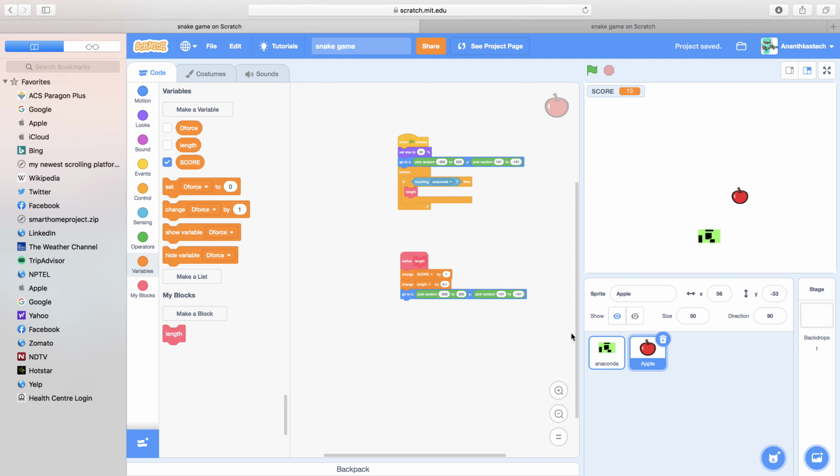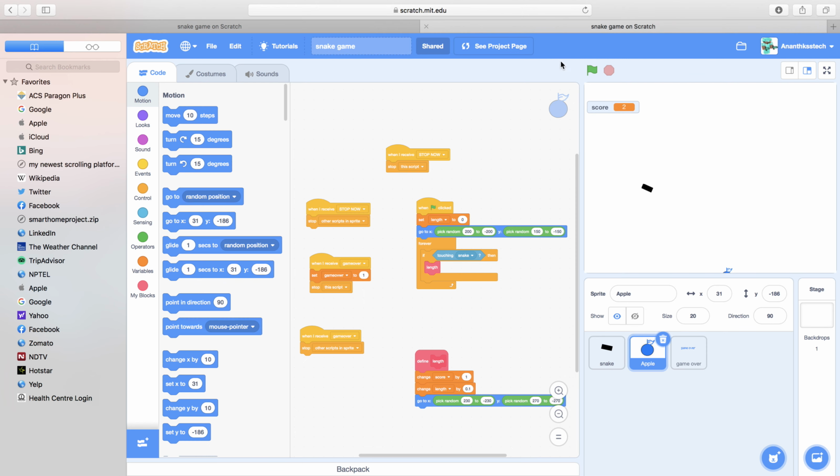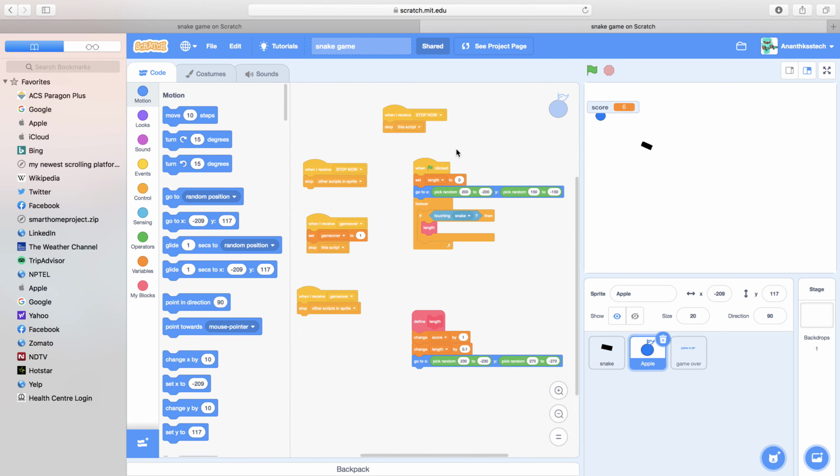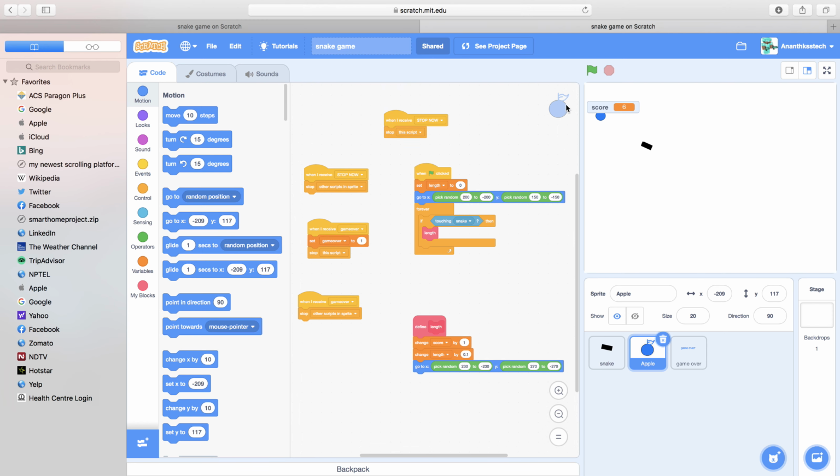So instead of putting change score by 1, you see here, this is the first snake game which I made, and in this the score is going quite slowly. So 3, 4, 5, it's not going extra or lesser. So what happened here was that even if we put all this to work, our score is increasing because of the apple size.